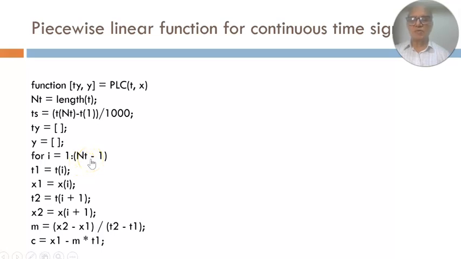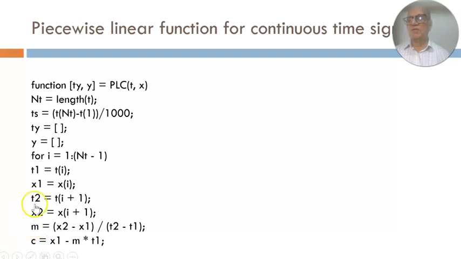That is why nt minus 1. And every time the for loop is traversed, one line segment is generated. Therefore, this will generate a total of 1 to nt minus 1 number of line segments. It will start from 1 and go up to this. That's what I mean. Alright, then you calculate t1, that is ti, x1, xi, t2, x2 as usual, and then